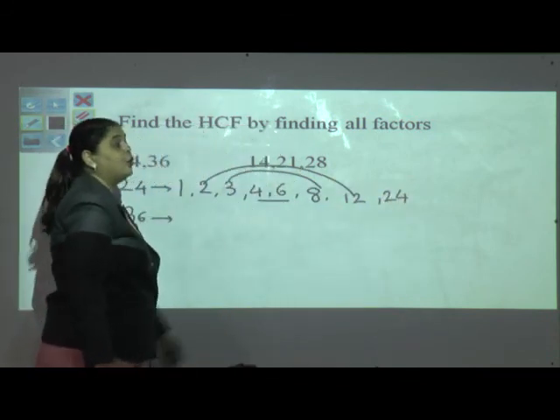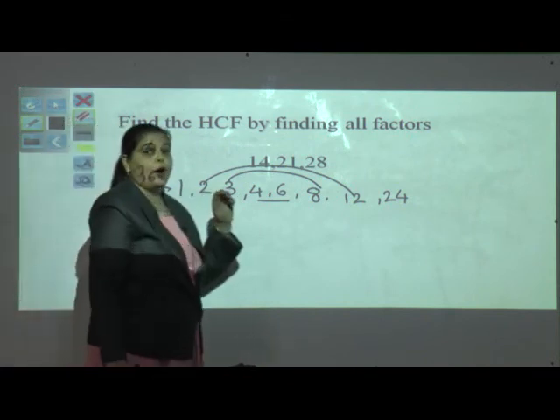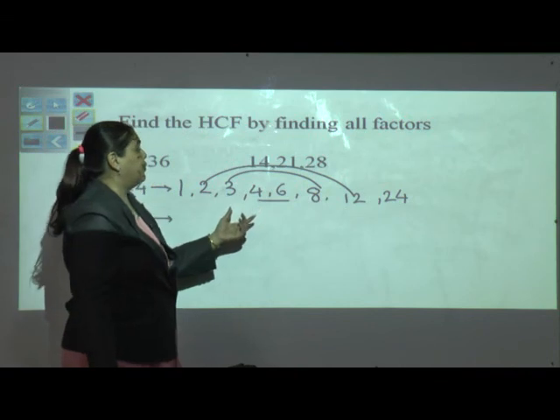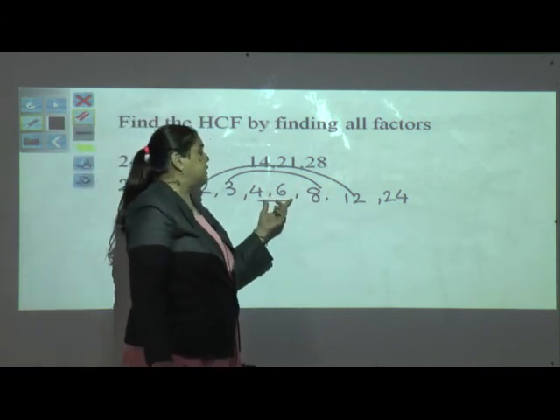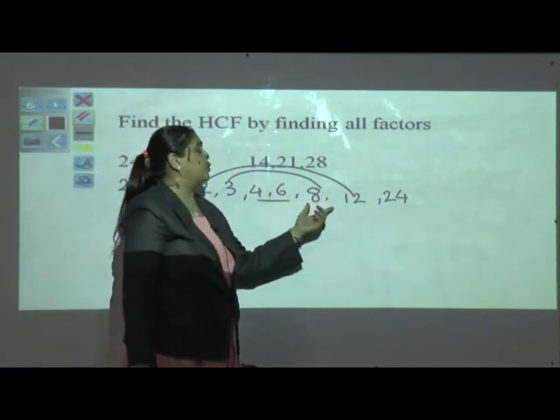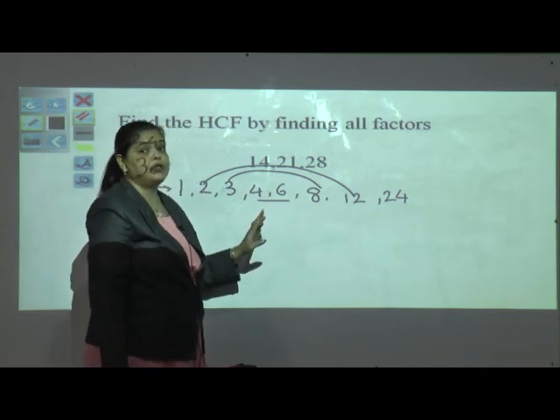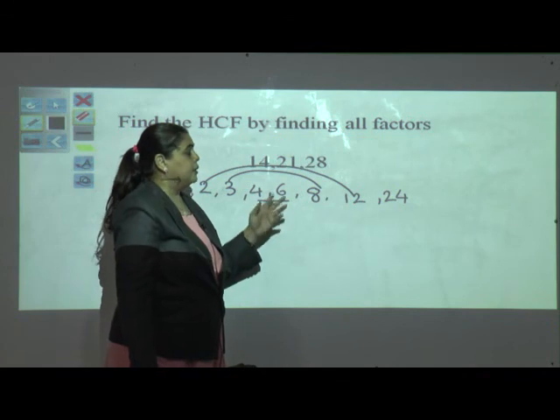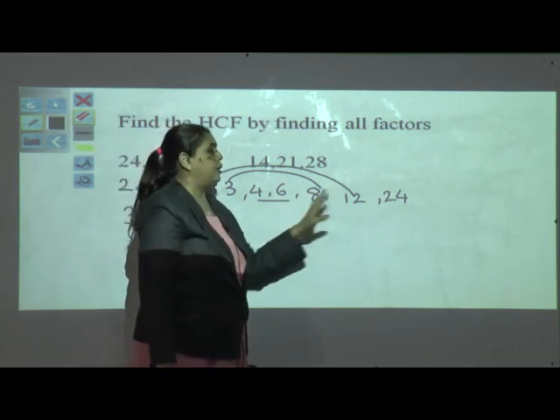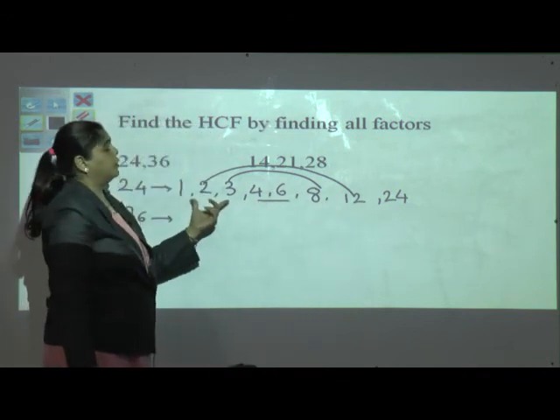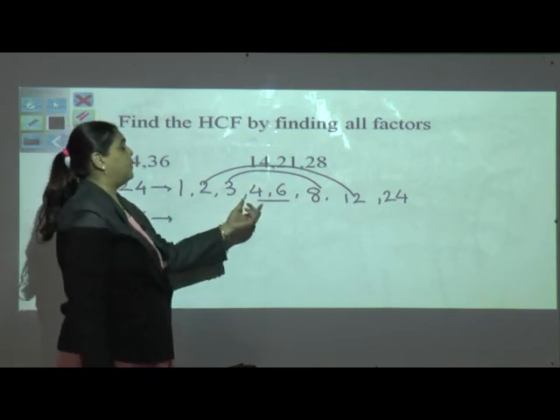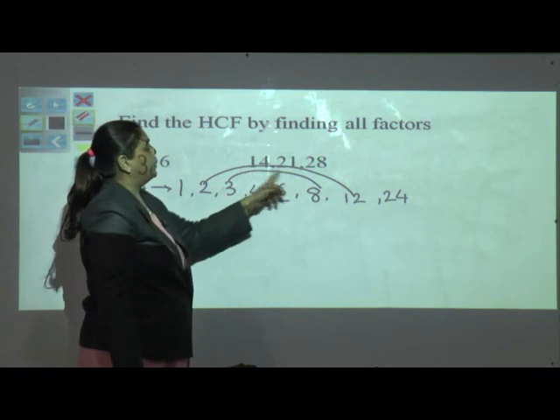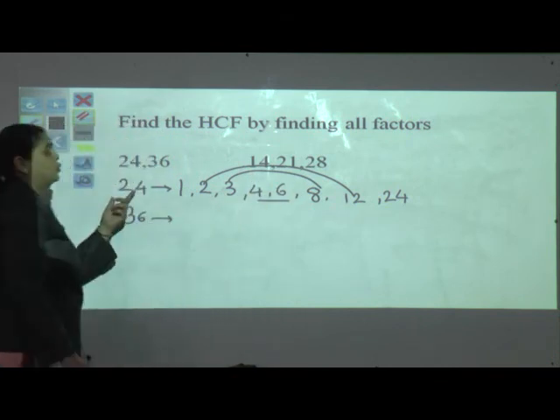So you won't need to think about which table in the higher numbers to use. You can do this trick and find them out. No need to check whether it is divisible by 9, then 10, 11, 12, 13, 14, 15. Just whenever you reach the bridge, underline these numbers together and you can find the factors of 24.